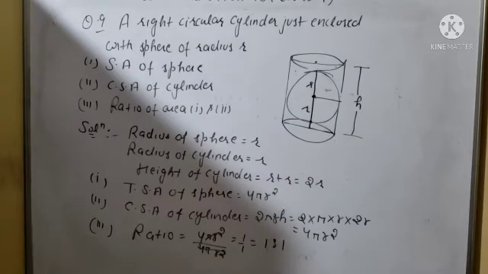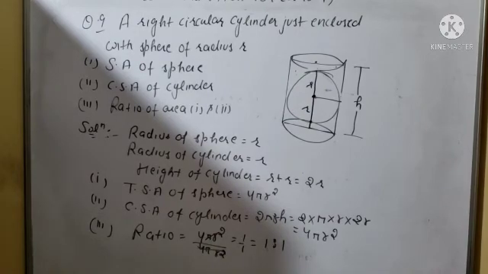And when you will find out for the cylinder, you want to find out the height also. And what will be the height from center to circle? This is radius, and from center to circle this one will be again the radius. So upper part and the lower part, so it will complete the height of the cylinder. So it will be r plus r, 2r. Now first part, find the surface area of sphere. So it will be total surface area, so it will be 4 pi r square. Okay, and radius is r, so it will be as it is.